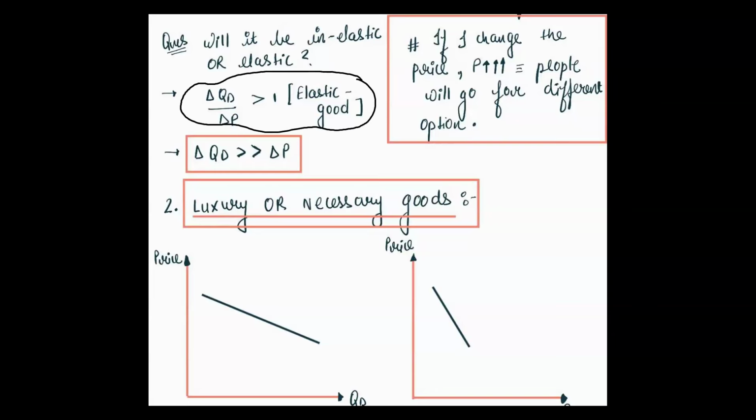This question can be asked. If there are a number of substitutes available for a good, whether that good will be elastic or inelastic. Obviously it will be an elastic good. It will be a relatively more elastic good, right? Options ज़्यादा हैं, तो आप substitute good की कहानी जानते ही हो कि if the price of a substitute good increases, demand for its own good will also increase. Is it clear? So that's why PED will always be greater than 1. Is it clear?